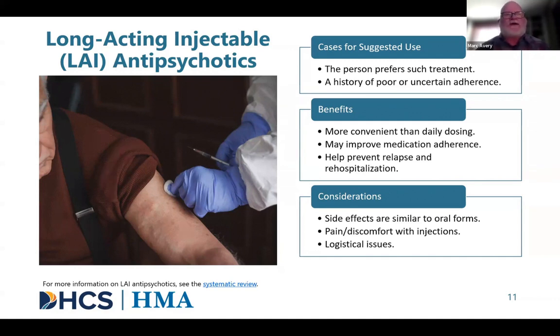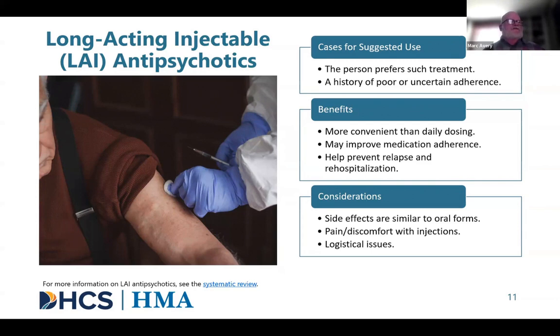It's because of how these medications work. They have a very slow release in the body, and therefore they're available to provide a therapeutic effect over a long period of time. They also cut down on the risk of abrupt loss of effectiveness due to starting and stopping a medication too quickly. So, as you might guess, the APA guidelines suggest that a patient receive treatment with long-acting antipsychotic medications if the person prefers such treatment, or if the person has a history of difficulty adhering to an oral medication.